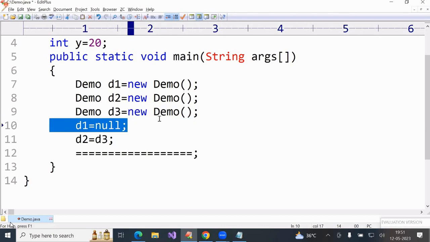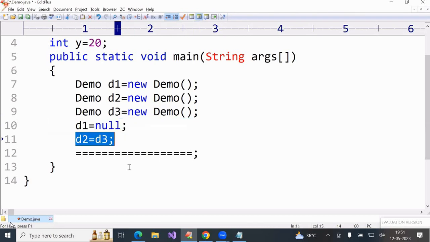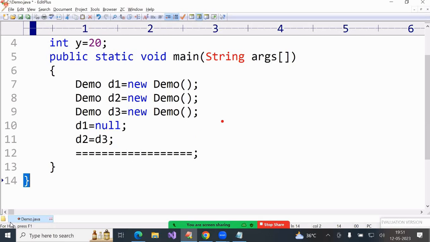On the 10th line, it will not collect immediately. The 11th line is not collected. The 14th line may or may not be collected. If the CPU is free, then only it collects. If the CPU is busy, it will not collect. But when the CPU is free, when the CPU is busy, suppose this CPU can run